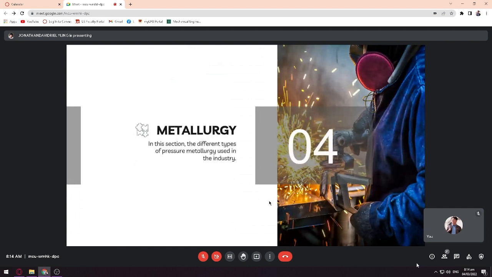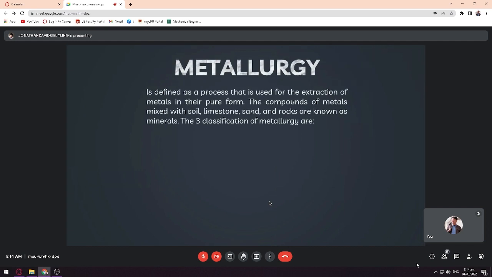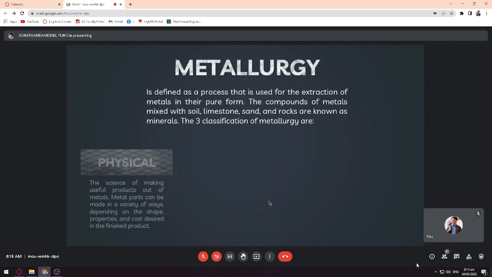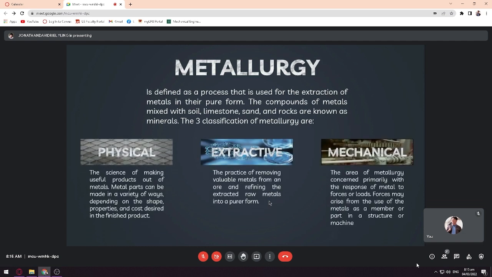The next part is metallurgy, in which different types of metallurgy are used in the industry. First, let's discuss what metallurgy is. It is defined as a process that is used for the extraction of metals in their pure form, from compounds of materials mixed with oil, limestone, sand, and rocks, which are called minerals. There are three classifications of metallurgy. First is the physical. It is the science of making useful products out of metals. Metal parts can be made in a variety of ways depending on the shape, properties, and the cost desired in the finished product. The second one is the extractive,